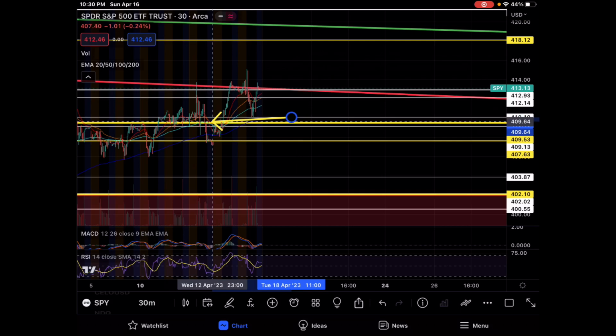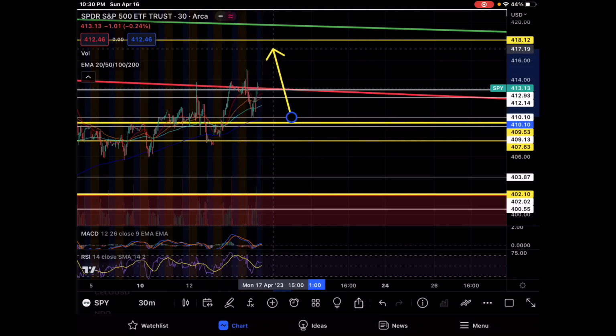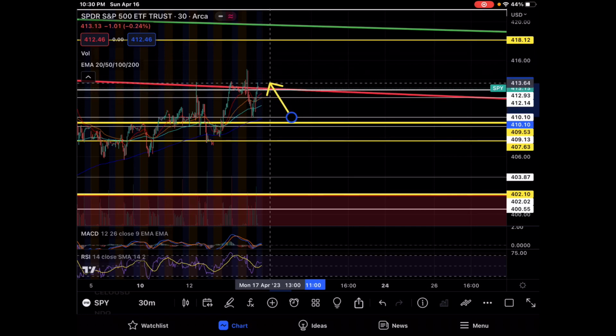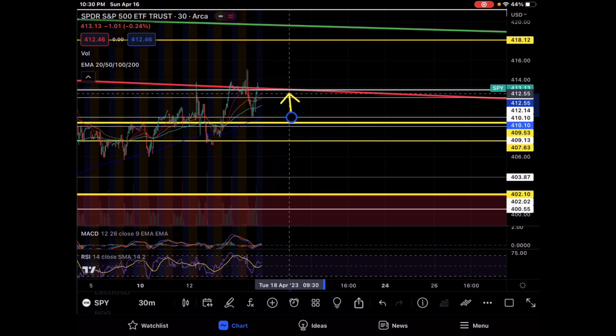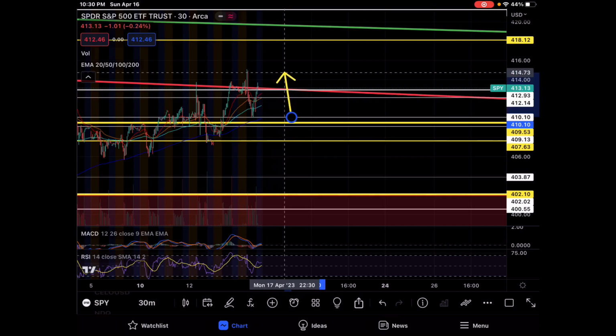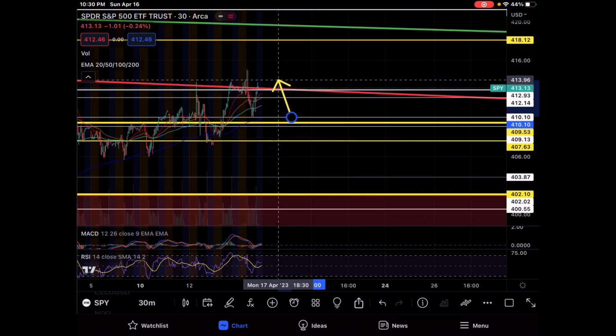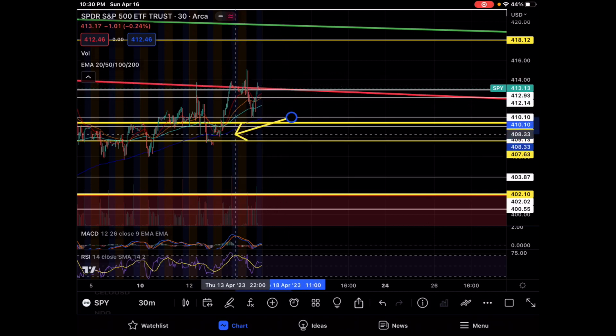So you can kind of see this W reversal perhaps forming if we can get above the, what do we got? If we can get above the 413.82, that would begin to confirm a W reversal, and of course then you wouldn't want to break that level. You wouldn't want price to break below that, because then the W reversal would be broken as well. So those are the things you need to look out for.